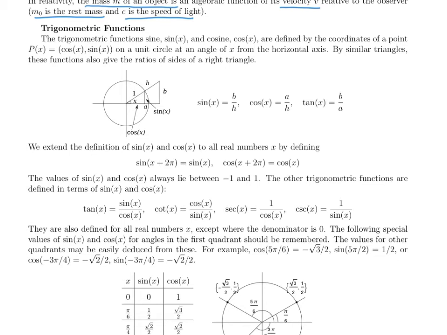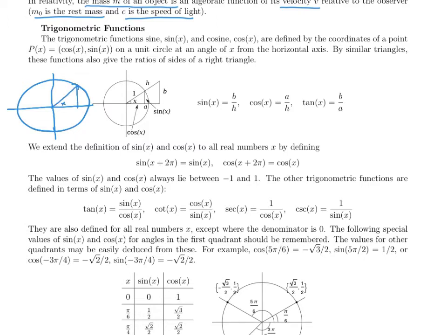Now I'm going to define trigonometric functions, and I'm going to start with the two basic ones, sine and cosine. Recall that a unit circle is a circle of radius 1. If we take a horizontal and vertical axis and draw a unit circle centered at the origin, then if I